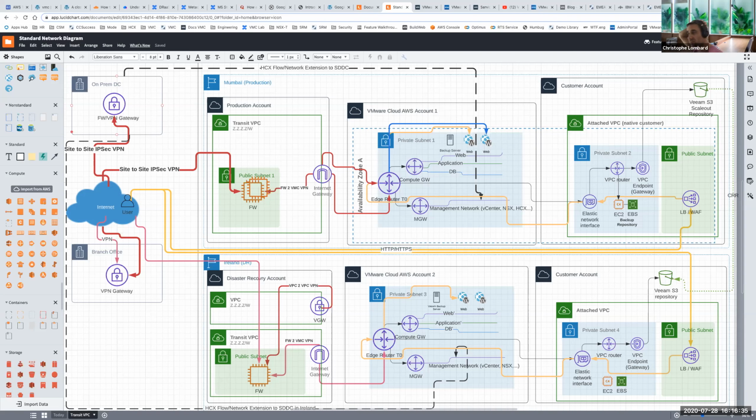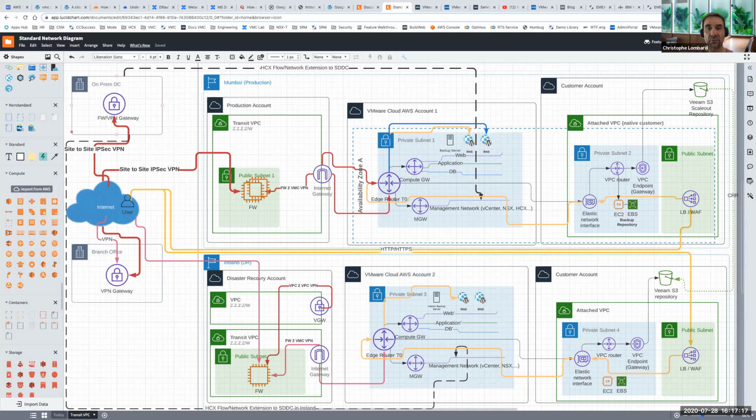What you can see there is there are 2 SDDCs, there is the internet, there is an on-prem data center, and there are some branch offices. What the customer has requested is a way to filter all of the traffic coming in and out from the SDDC to the internet, and also from the branch office to the SDDC. So, some kind of more intelligent